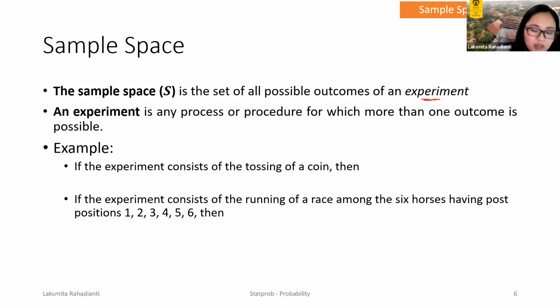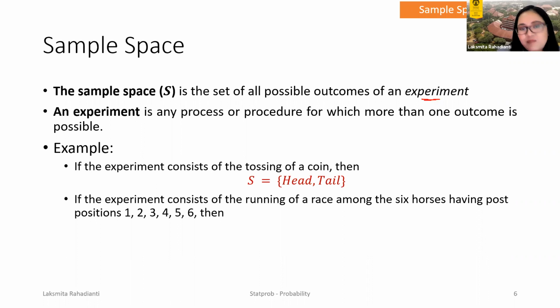So this is our experiment in this context, the event of it raining or not. Another example, maybe this is quite standard. You probably know that a lot of probability problems are based on coins and so forth. So if the experiment consists of tossing a coin, heads and tails, then my sample space would be head and tail. Note that I'm writing S equals, the sample space equals, and I'm using the curly brackets. This is the formal